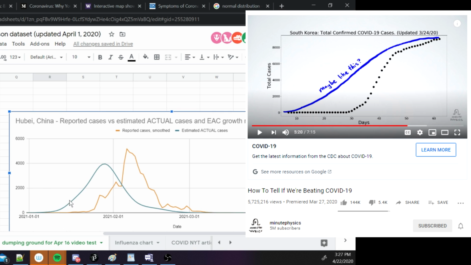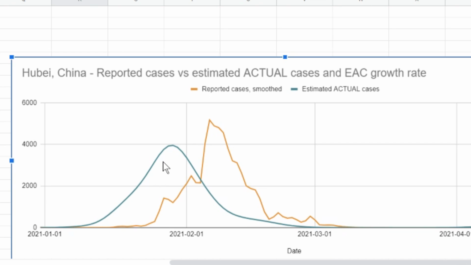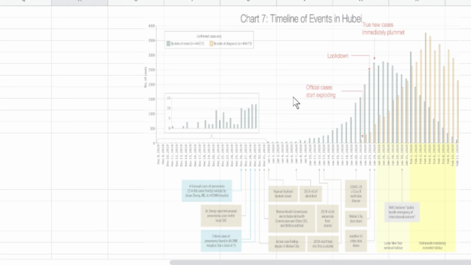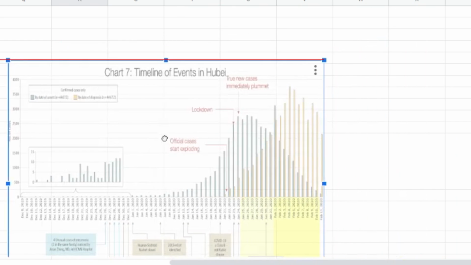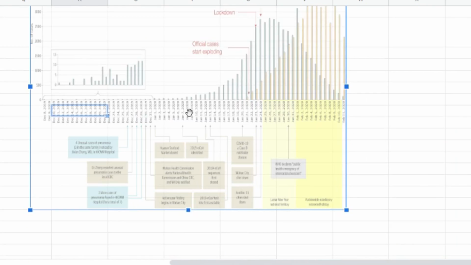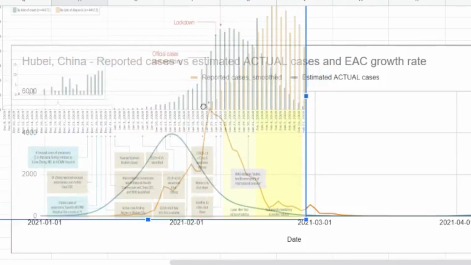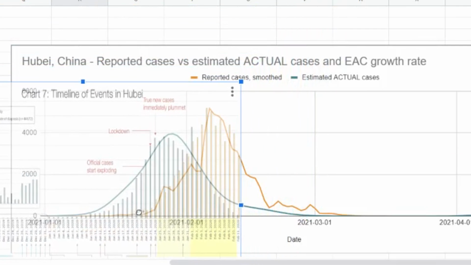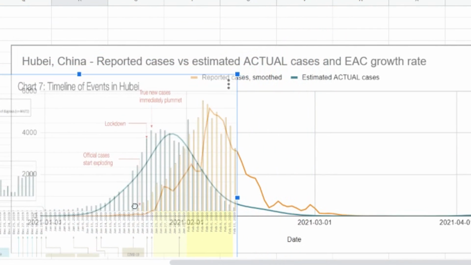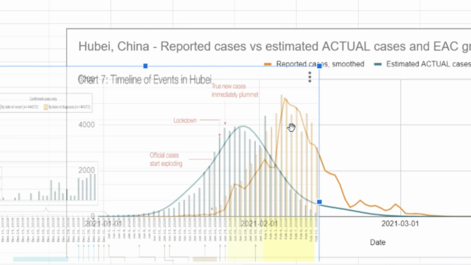I think in his coronavirus video, Minute Physics also mentioned how the graph of the true infection rates would be a shift and a spread of the reported coronavirus cases, so I'm not the only one who had this idea. But look, the blue curve here is the estimate, and up here at 50% transparency, I have the true data from Thomas Pueyo's graph. And let's overlay the two and see how good it looks. It looks like that. Not a perfect match, of course, but no estimation ever is.